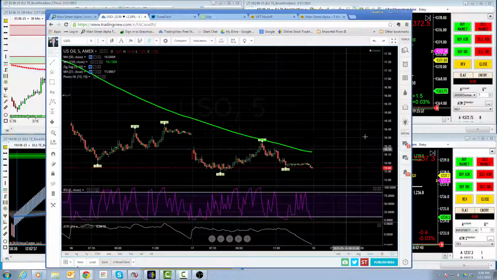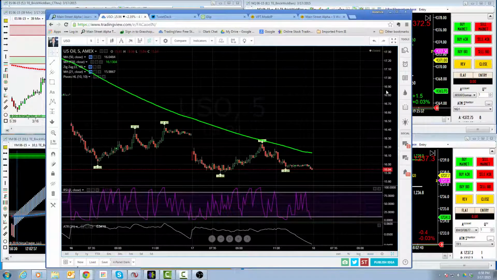No one knows if we're going to see Brent and the CL contract go to the mid 30s before it goes to the 50s. Who knows? I generally don't like to own really any stocks for too long unless they're part of my wealth building account, but I'll make an exception here. We could be in this for a couple weeks and continue to write calls against it, or maybe get a fortunate pop back up to, I would look for a move back up to the 16.50, 17 area. Remember, we were at 19.5 just about 10 days ago.